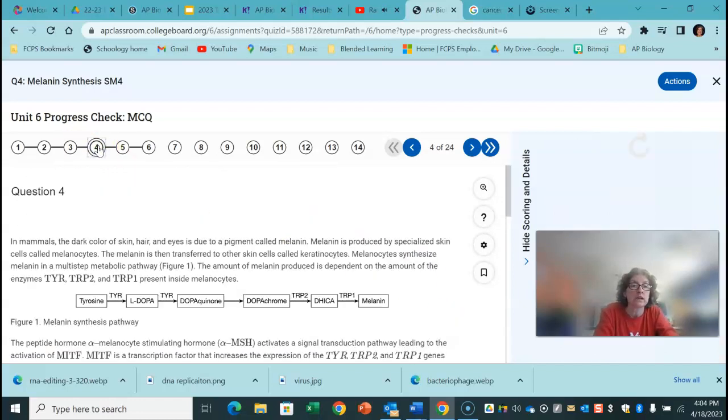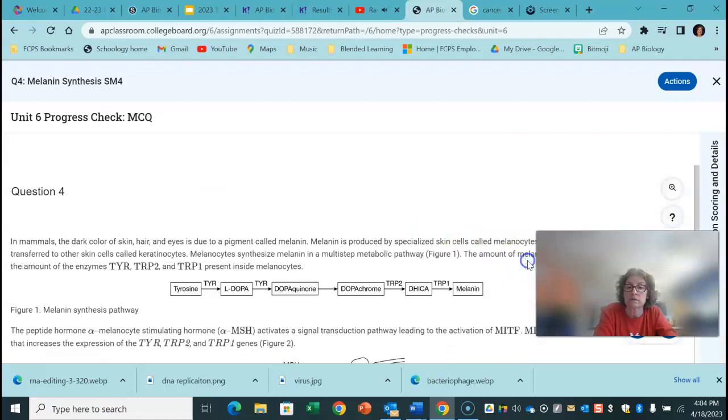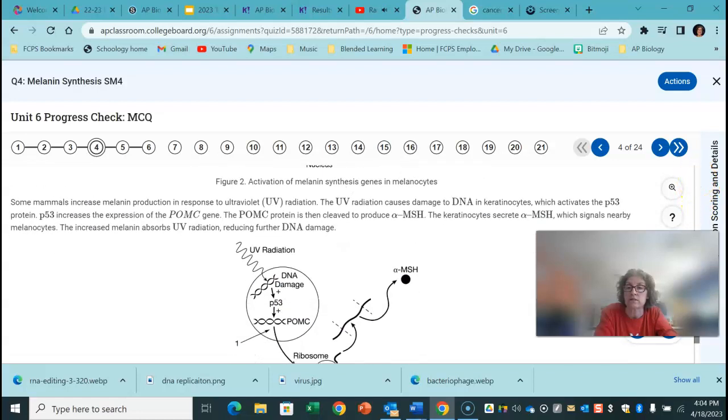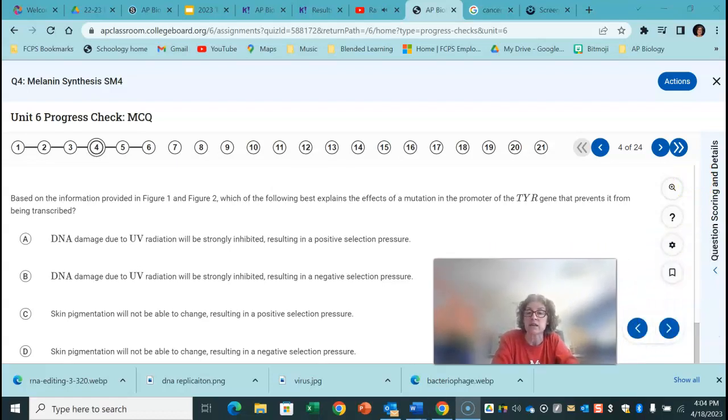4. Again, the exact same question, but with a different question down at the end. Let's see what they're asking this time. Based on the information provided in Figure 1 and Figure 2, the same ones we've been looking at, which of the following best explains the effect of a mutation in the promoter of the TYR gene that prevents it from being transcribed? So if the TYR gene, one of the big enzymes that's in the